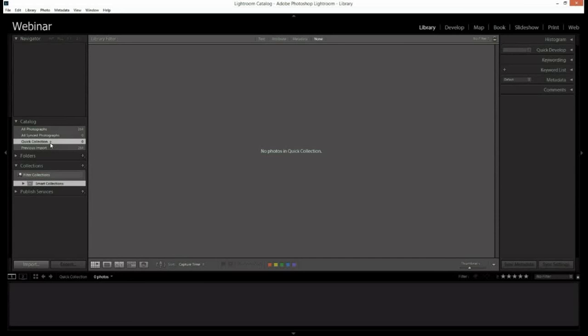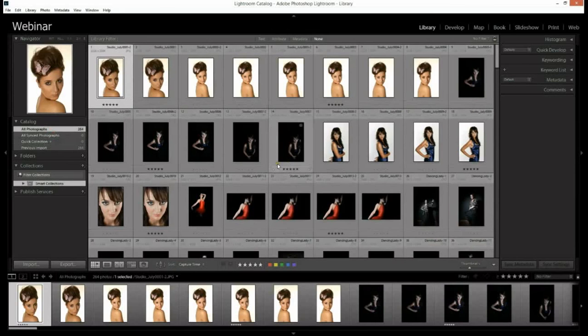Okay, so this is indicating that this is also a target collection. So quick collection is exactly what it sounds like. If I wanted to quickly put photographs into a collection, I can use the quick collection. I can click on a picture and drag and drop it into that collection if I want, but there's a far quicker way to do it, and that is to press the letter B on the keyboard,